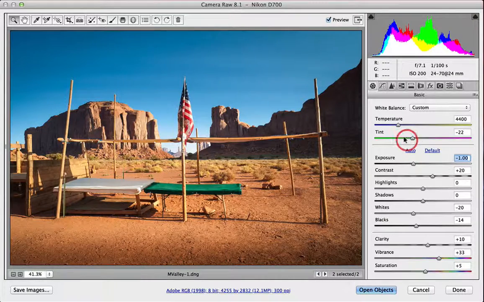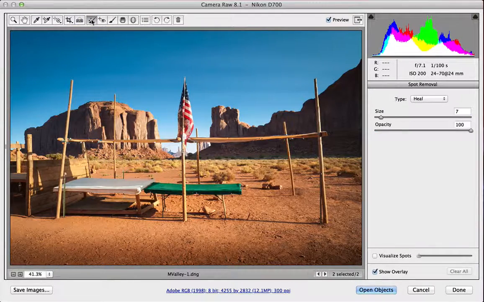Now there are going to be some dust spots in this image because I was working in a desert area for quite a while, and this caused a few problems with dust getting inside and sticking to the sensor. They might be quite difficult to detect because they're really quite subtle, but if you print them out quite large, you then might notice them. So it's always worth going into the dust or spot removal tool here, B on the keyboard,